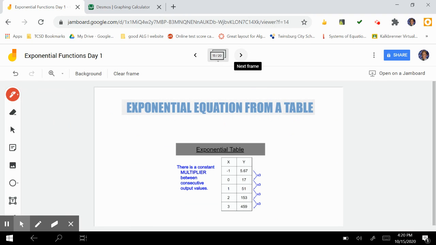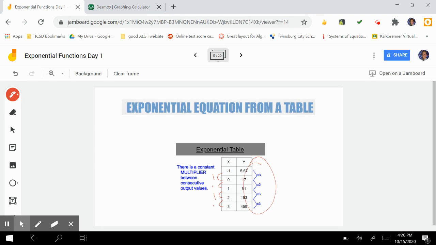Exponential equation from a table. So here's what we have going on. They didn't show this, but we have a growth of 1 each time, 1, 1, 1. And then now we have that multiplier, right, of times 3. So what this looks like